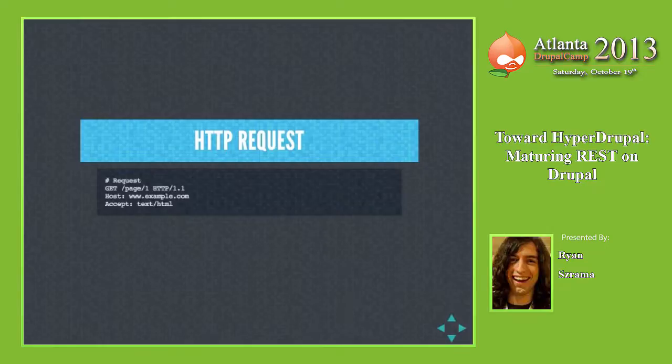So you can determine what type of information, or at least tell the server what type of information you're expecting in response. And a properly implemented server knows how to deal with all that header information. Anybody want to just shout out some other header properties? Caching, expires, header, yeah. Yep.